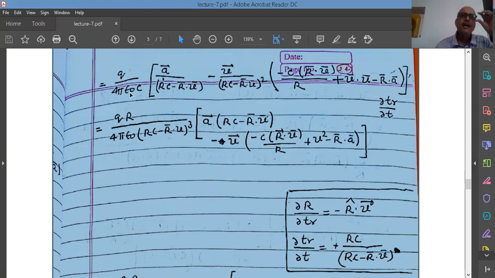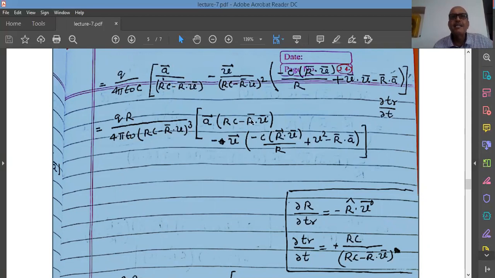So that is here. At the same time, we take 1 upon Rc minus R dot v whole square common. So it becomes qR upon 4 pi epsilon 0 (Rc minus R dot v) whole cube, and then A multiplied